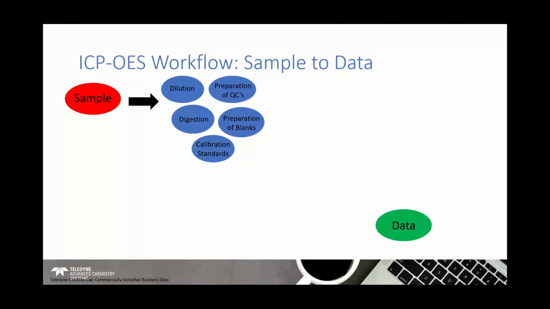Once all of this is prepared, we would then be looking at the next step, which would be introducing this to some sort of instrumentation. So in this case, ICP OES instrumentation. That introduction might be a manual process, and we might introduce these manually. It might be automated, which these days is more often than not. So we might need some form of automation to introduce our samples, calibration standards, QC samples, blanks, etc., into our